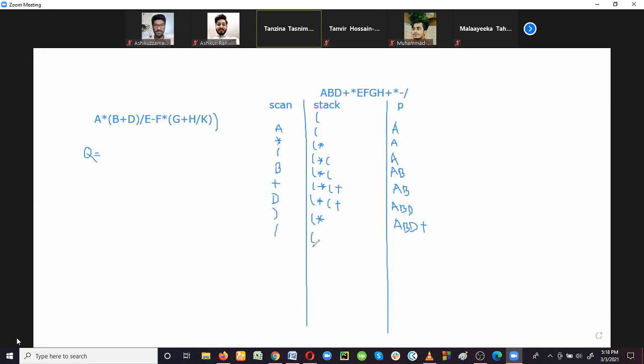So here, after the left parenthesis, we can store the division operator. Then multiplication will be stored here. ABD plus, then multiplication. Okay. And now the next one is an operand E, so you can store it here. ABD plus multiplication E, right? And this is our stack with